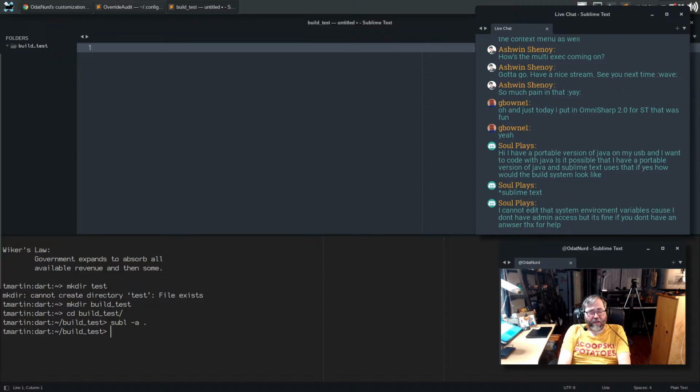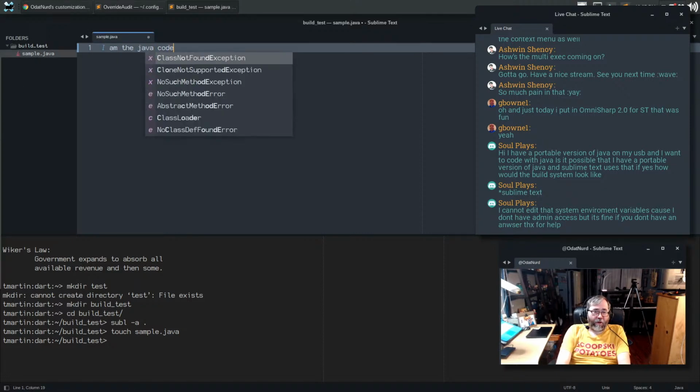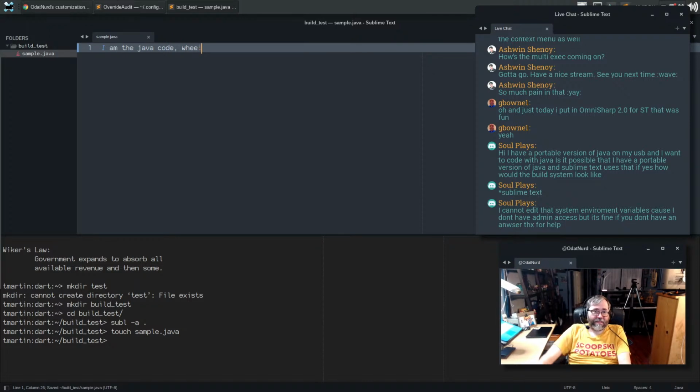Well, you know what? Let's do Java, let's say. So let's touch sample.java. And there can just be some stuff in here. We open the file and say, I am the Java code. Like this. And then what I'm going to do is I'm going to set,